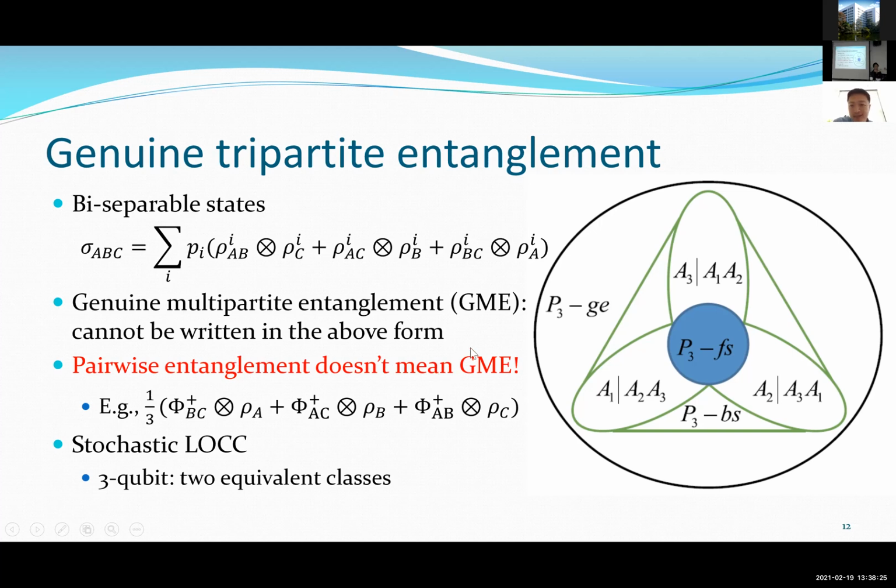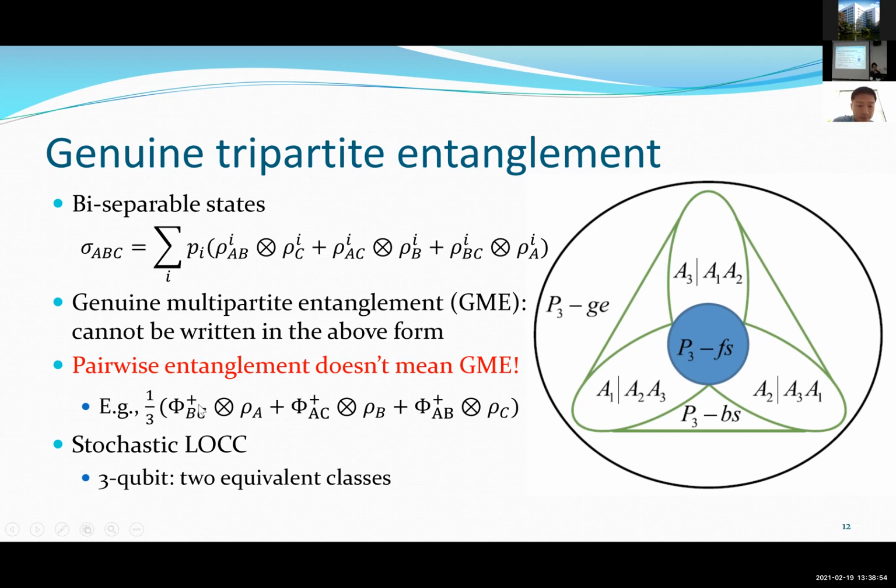So it means that if A and B are entangled, B and C are entangled, and A and C are entangled, that does not imply A, B, C are genuinely entangled. So pairwise entanglement does not imply genuine entanglement. One simple example is this one. This state, with a plus, means 00 plus 11, which is a Bell state, and it's